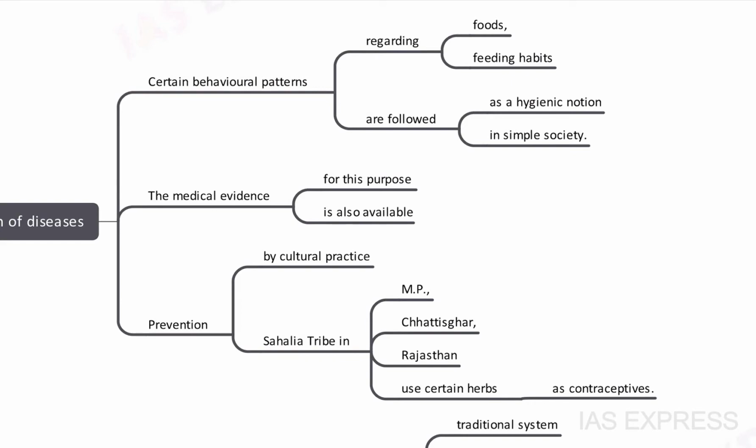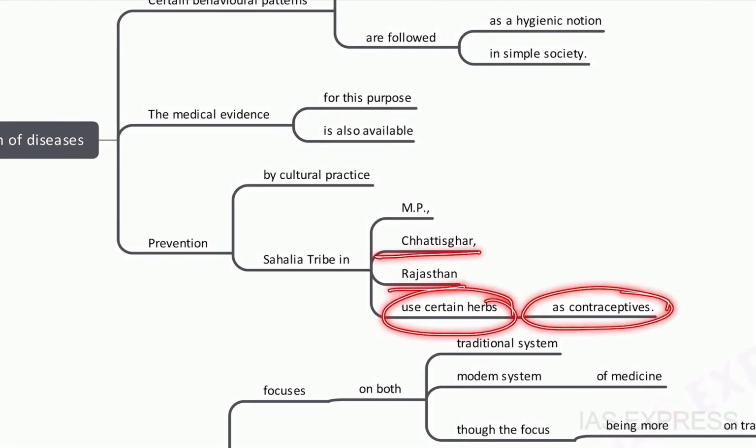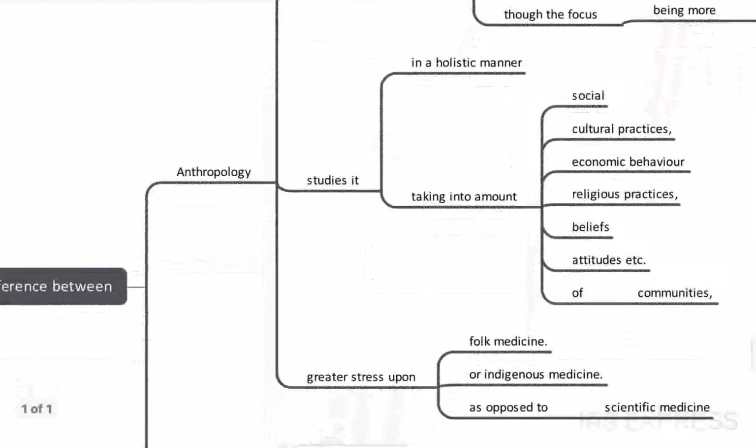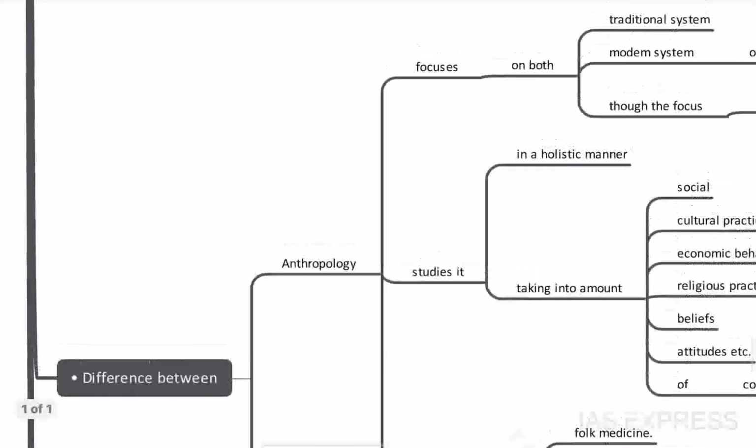See, the medical evidence for this purpose is also available. The prevention by cultural practice. Here we will give the example of the Sahariya tribe in MP, Chhattisgarh and Rajasthan. They use certain herbs as contraceptives. Then we will go to the difference of anthropology and medical science, but yes, before that I will just discuss